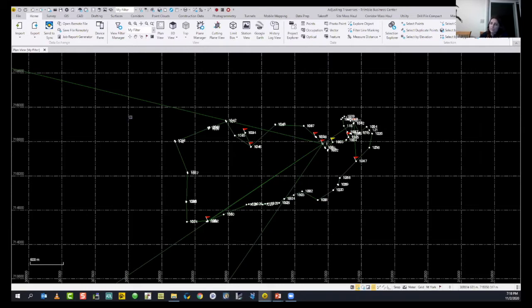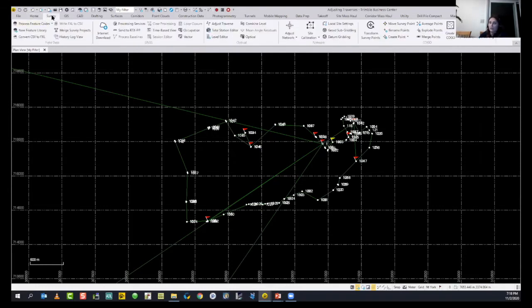The project settings are advised by Trimble before you start any type of calculations, especially under the Survey tab. On the Survey tab, you will see Process Feature Codes on the left side, and Process Baselines for GNSS. Under Optical, you will see the Adjust Traverse, Level, and Total Station editors.